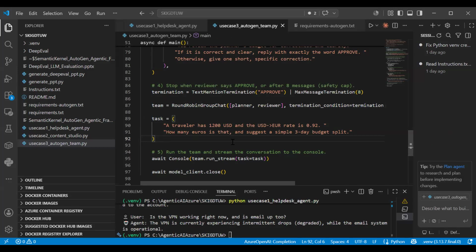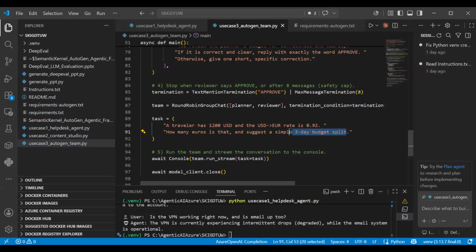A traveler has, let's say, 1,200 USD, and we have to convert it into euro. We are also saying the rate is, let's say, for one USD it is 0.92 euro. How many euro is that? And suggest a simple 3-day budget plan split.